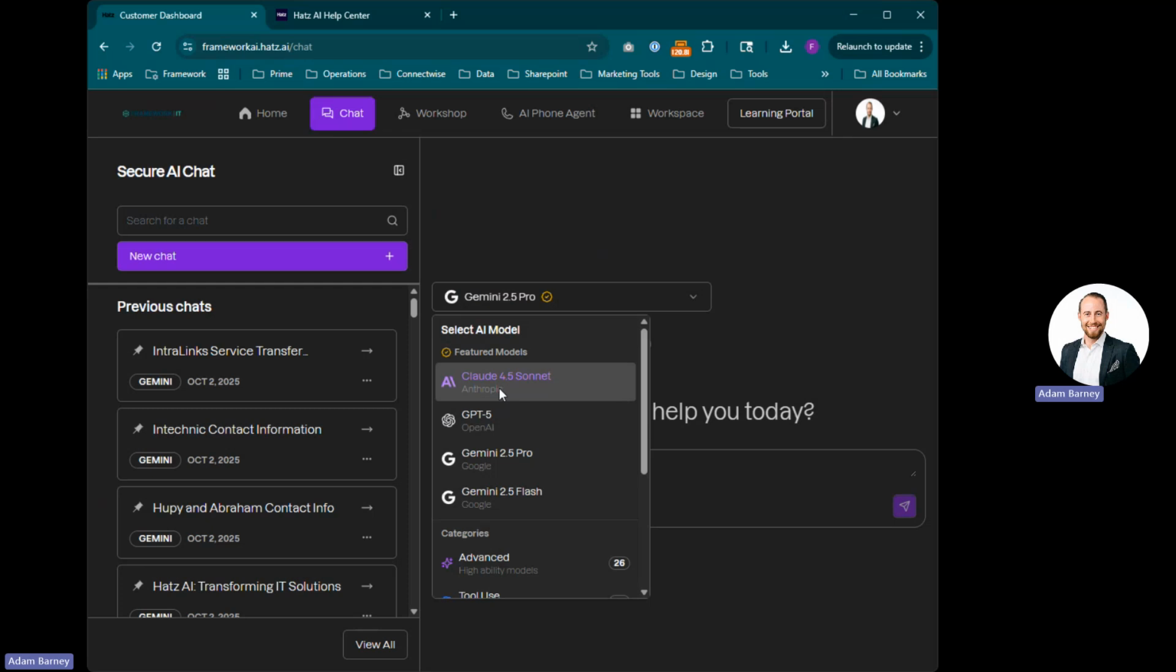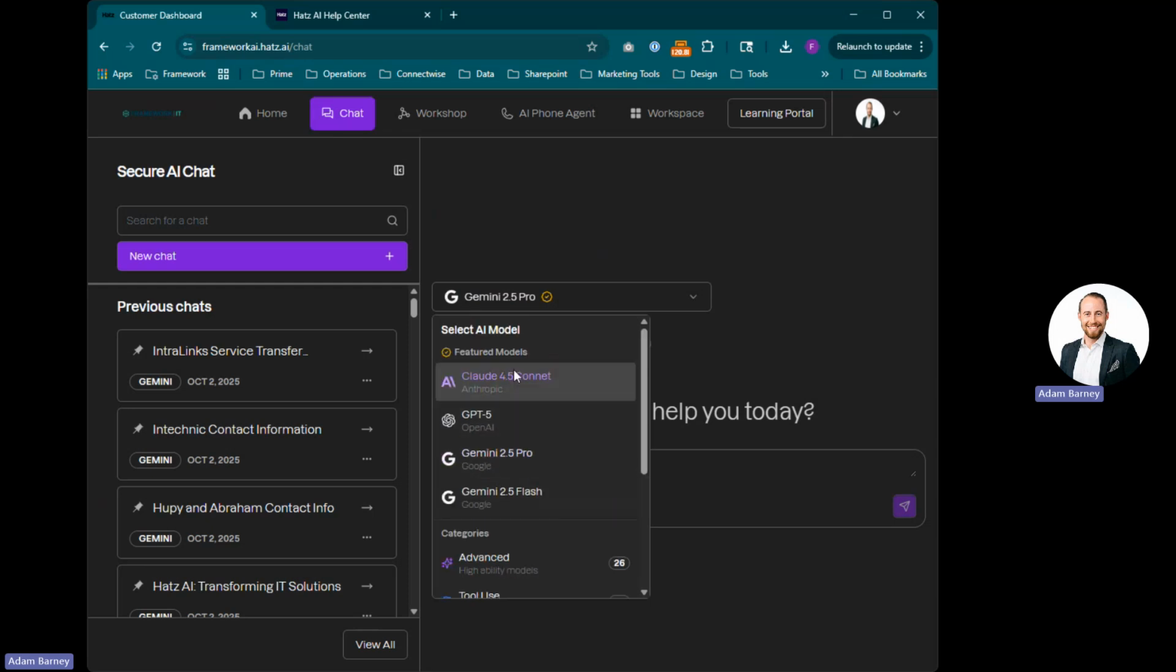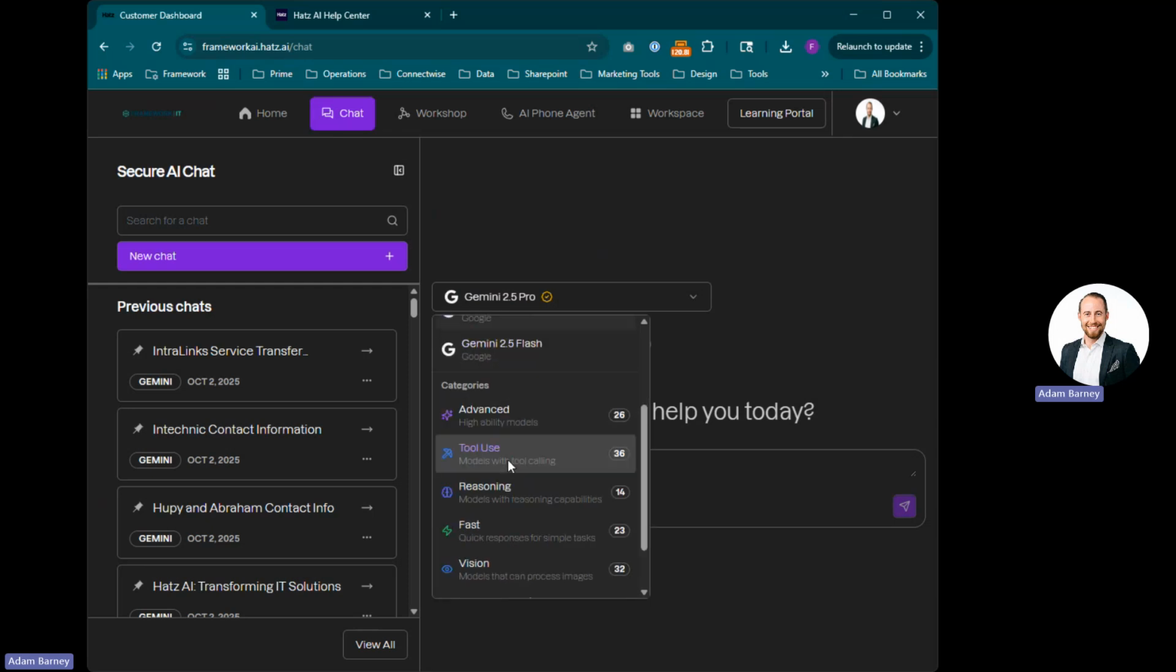The platform manages all the access and all the back-end billing across all the models in one place. And this is not all of the models available, by the way. There are many more in here. So here's some of the featured models show up at the top. Down here, it shows categories that help you understand, based on the task I'm doing, do I need an advanced